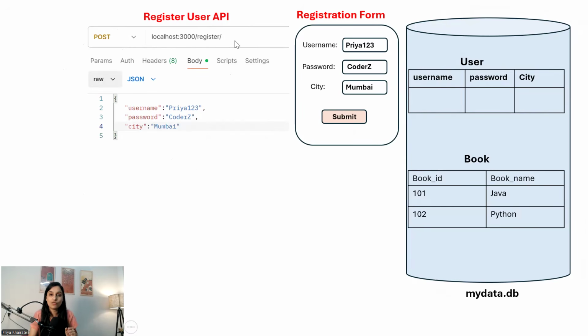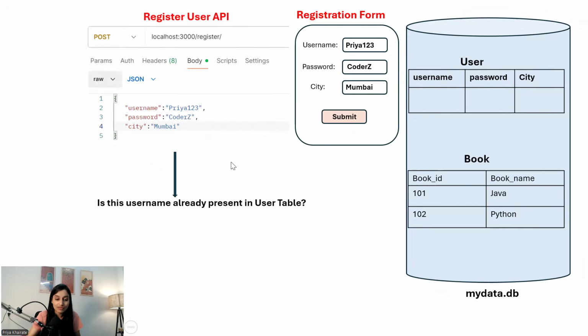So if a user wants to register for my application, the user has to send the data to me, right? So in the request body, the client is sending the data, where username is Priya123, password is coders, and city is Mumbai. Okay. Now once the user sends the registration request to me, first I have to check,